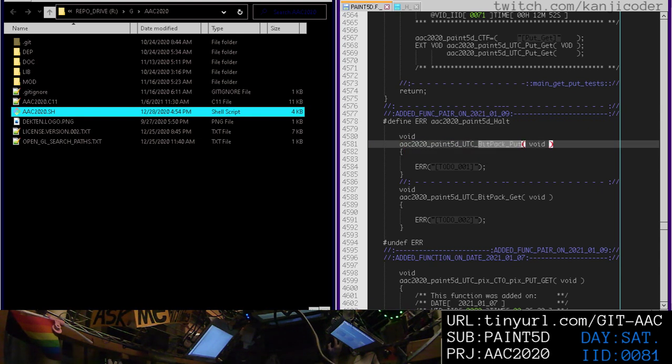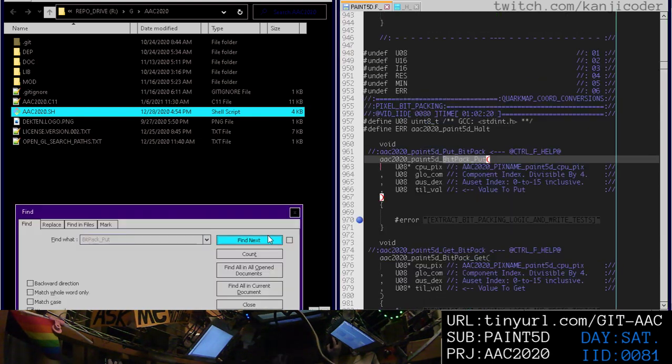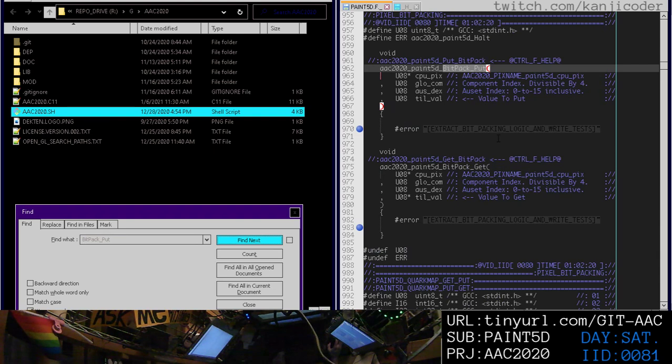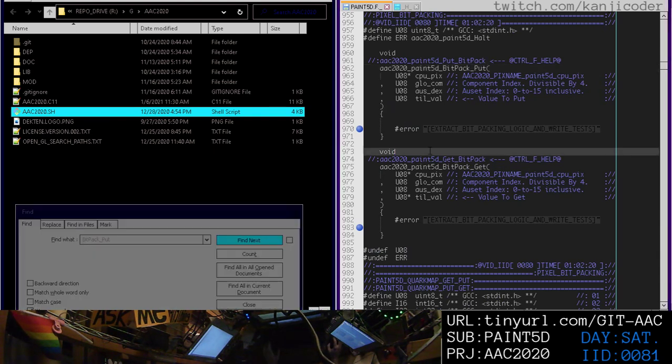Well, let's just go back up to this function call here and say, well, for this to even work, we're going to have to remove these errors here. We should probably figure this out as well. So let's figure out what this bit packing logic needs to be, and then we're going to do